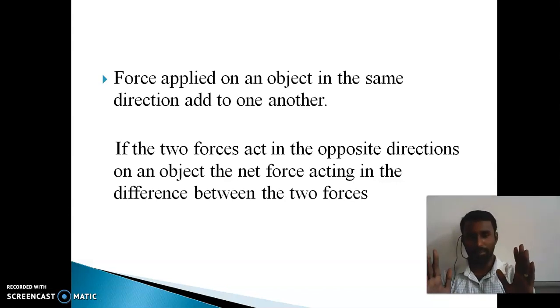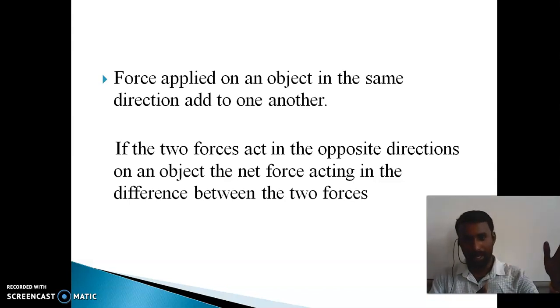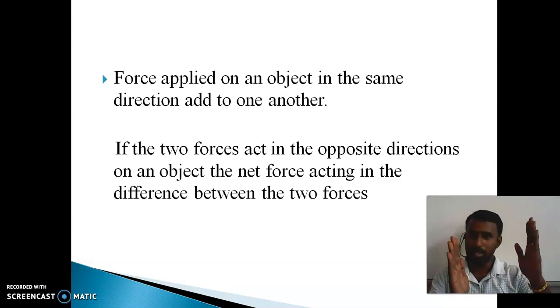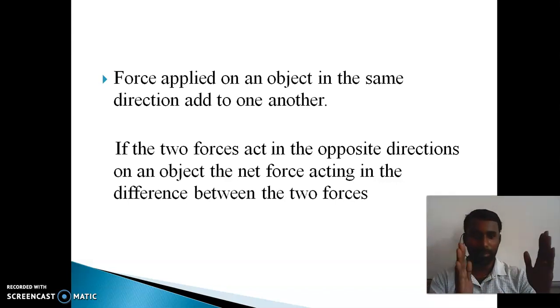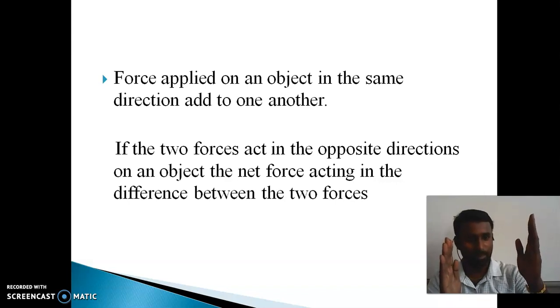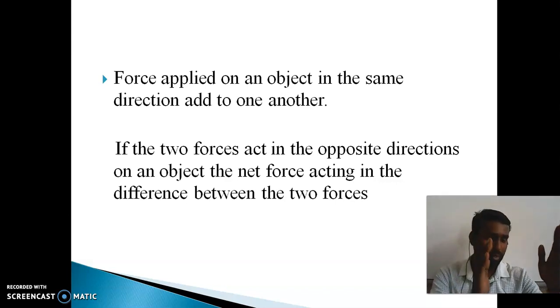Same way here, now the people are not in one direction. One person is standing on one side and another person is standing on the other side. Just imagine one is a fat and gigantic person, applying more force. He is applying 8 Newton force, and one small boy here is applying 5 Newton force. Now what will be the net force? Which direction can the object move? Easily you can say, right? Because that fat person is applying more force, 8 Newton, here 5 Newton. So in the 8 Newton direction only it can move.